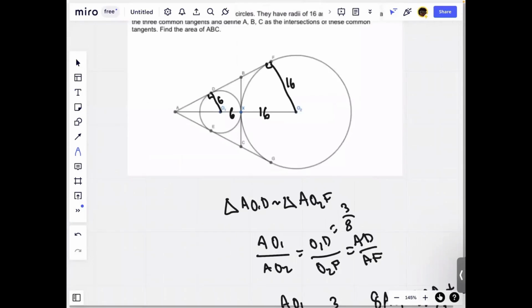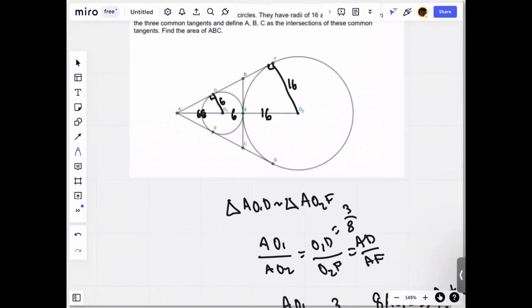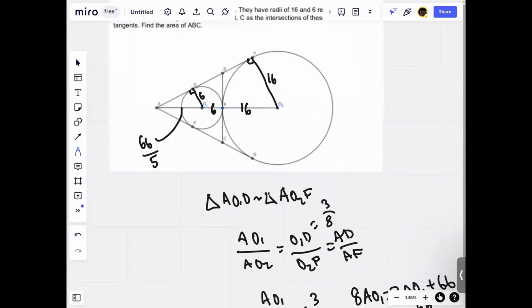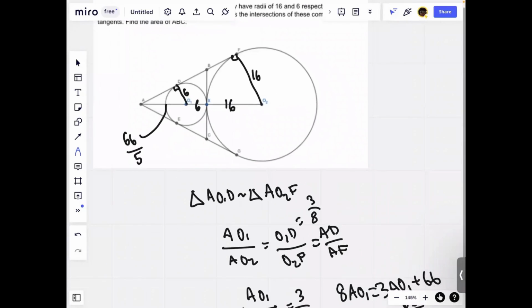So now we know that AO1 is 66 over 5. So then by the Pythagorean theorem, we can calculate AD. So AD